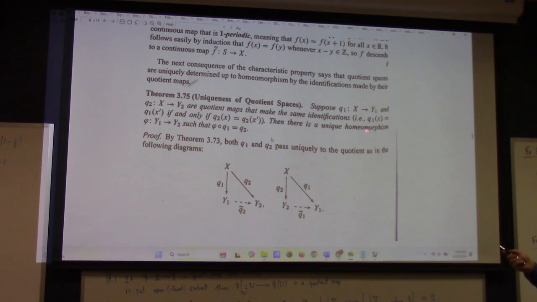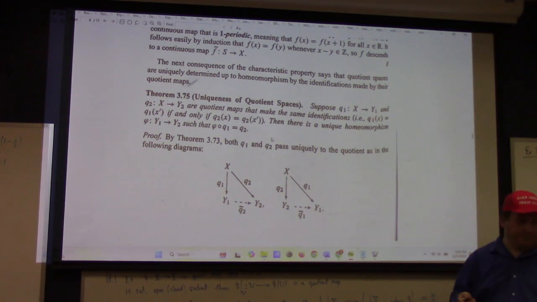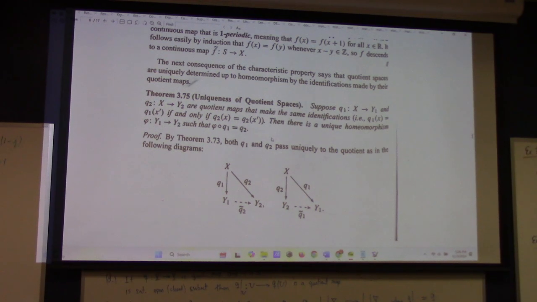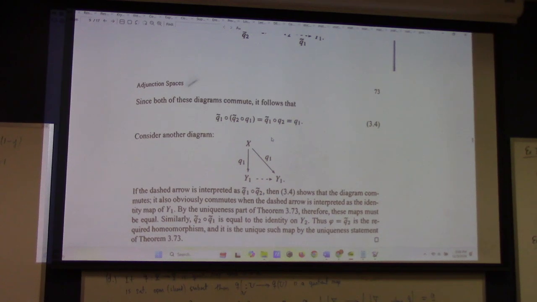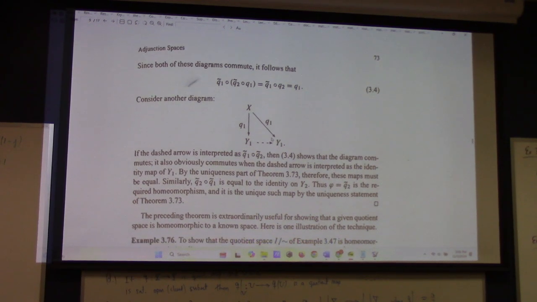Then there is a unique homeomorphism phi from Y1 to Y2 such that we can relate that homeomorphism and the quotient maps in this way. So phi composed with the first quotient map is equal to the second quotient map. So the proof is given here, and I think the proof is not that hard to understand. I'll let you guys look at it, but